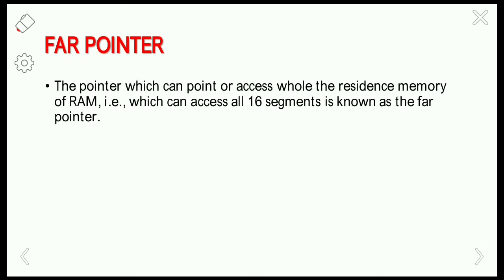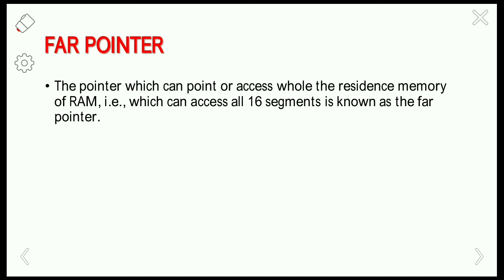A far pointer is a 32-bit pointer to an object anywhere in the memory. In order to use it, the compiler must allocate a segment register loaded with the segment portion of the pointer and then reference memory using the offset portion of the pointer related to the newly loaded segment register. So this takes extra instructions and extra time. The far pointer can access the whole residence of the RAM.